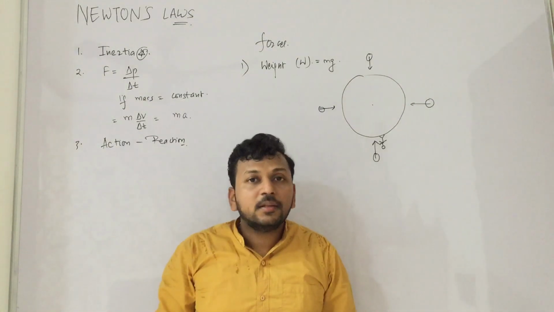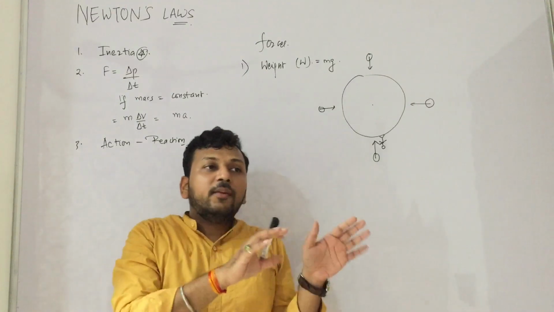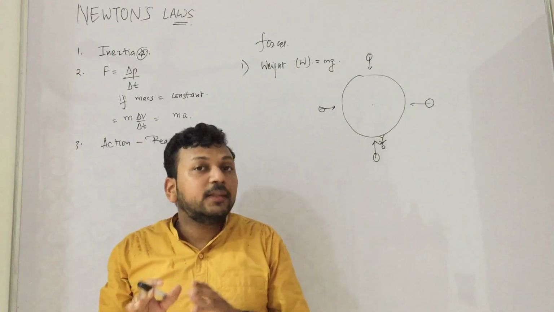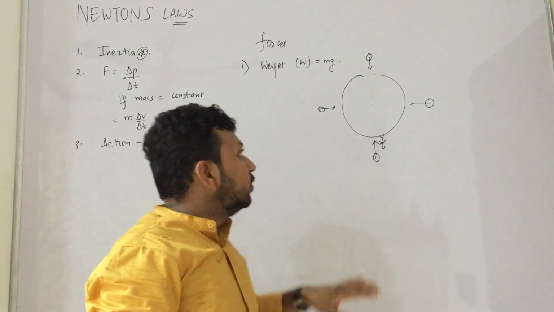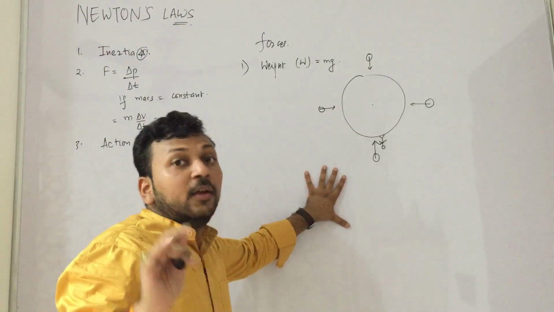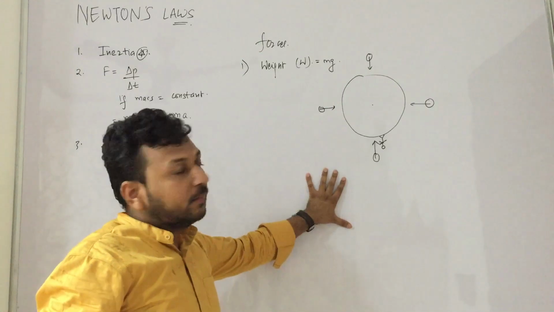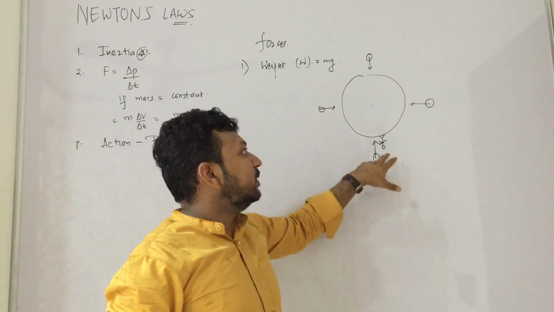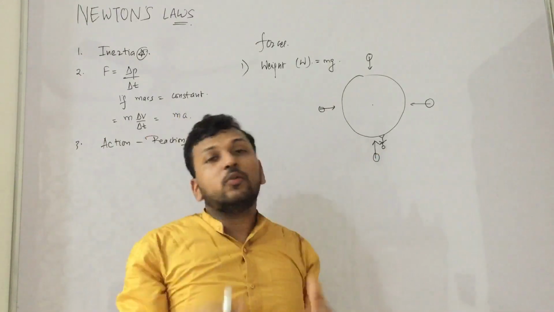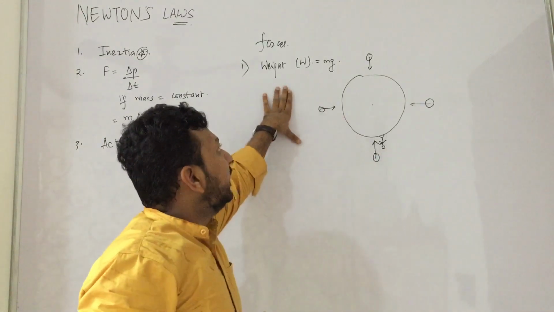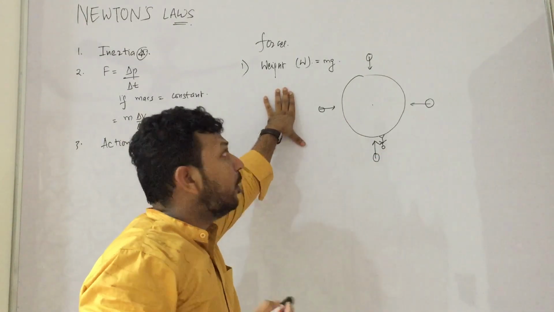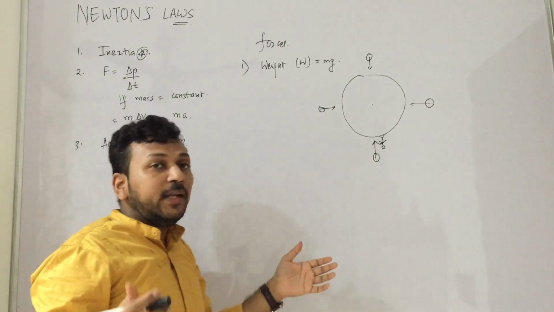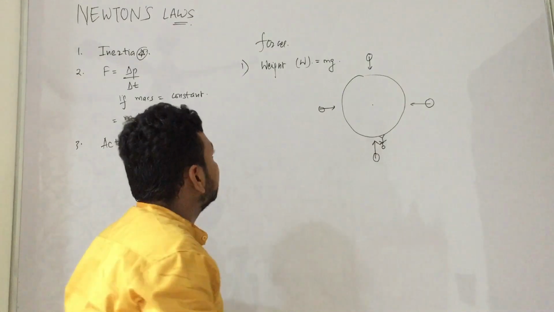Free body diagram means taking the object away from all the other things and studying all the forces that are there on that object. Okay. So in the free body diagram that we will study, we will apply mg in the downward direction because we do not consider the curvature. Yeah. So we just consider the object is there and the force is acting downwards. So this is the weight and property is it is toward the center of earth, and in the FBD we will show it in the downward direction.